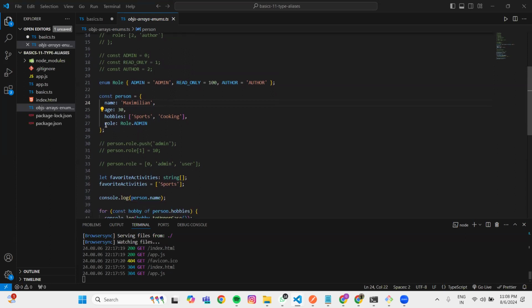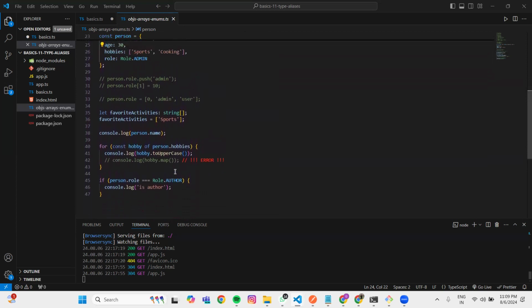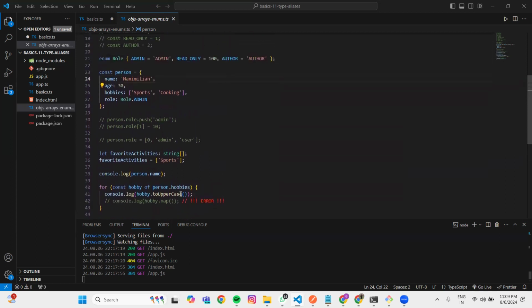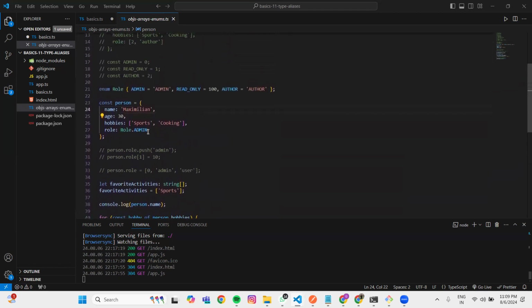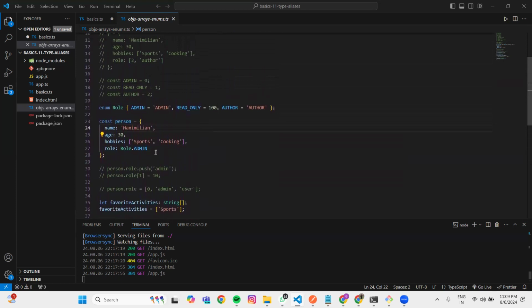So for example, we have a role variable here. Then we can write this and we want to use that later. And if we forget the name of the string, that can be a problem. For example, if person.role, we want to pass the string name here, and we can write this wrong. If we don't know exactly what string we passed here, we can use string like this, but that will not be efficient. So for that, we can use this enum to pass admin, read only, and author as roles